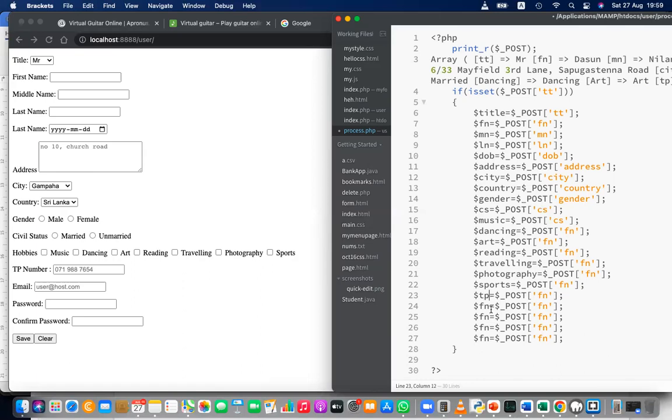TP number, email, and the password. Oh, I think I missed some anyway. So the ID is anyway not there. So let's count 1, 2, 3, 4, 5, 6, 7, 8, 9, 10, 11, 12, 13, 14, 15, 16, 17, 18, 19, 20. Yeah, 21 is the ID. It is not there. So let's copy and paste this music here or just type, yeah,